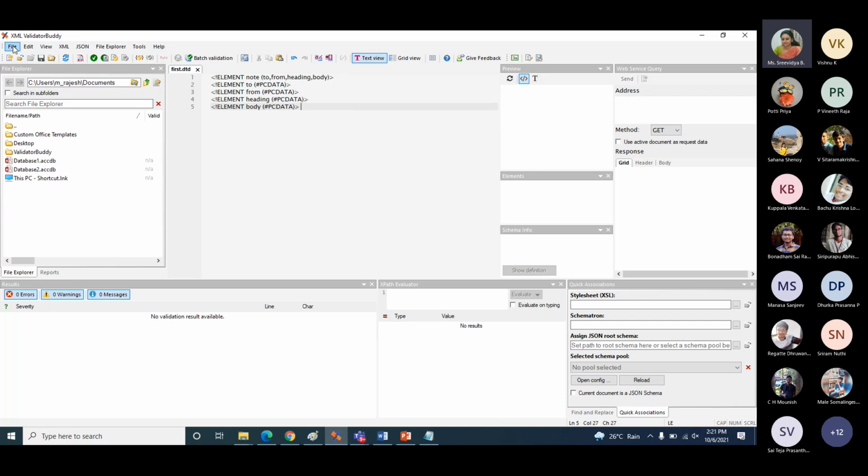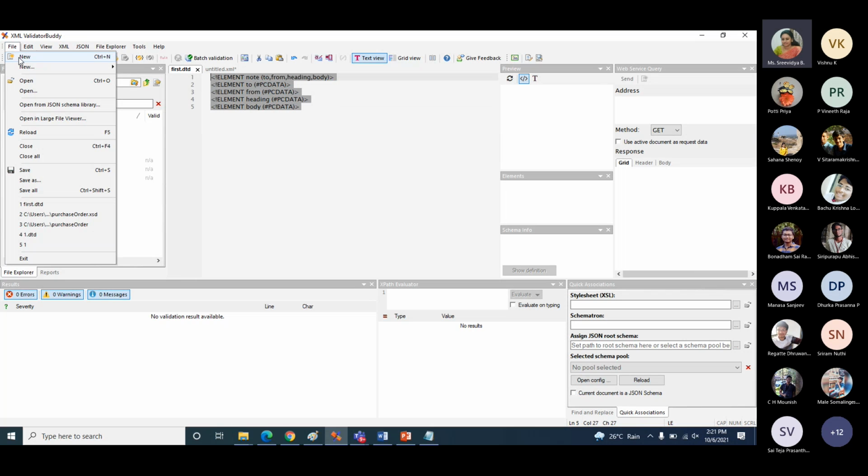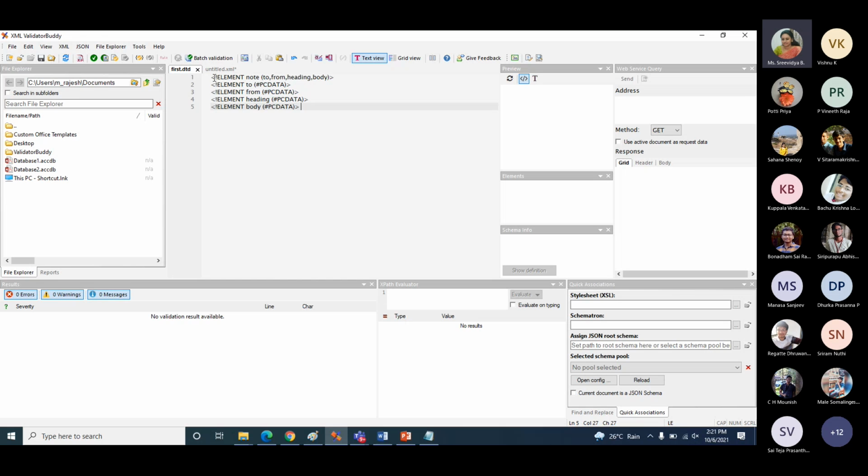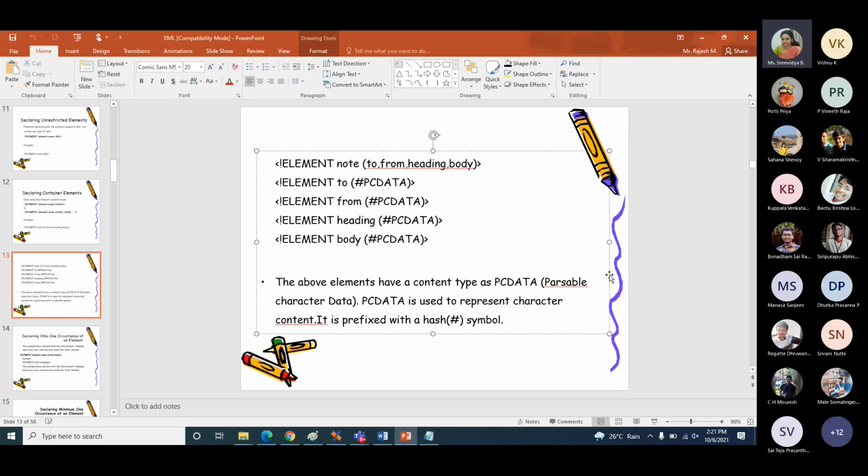Now go to File, click New XML document. You need to generate an XML document which follows this DTD. So I want you to complete this part first. Click on New, type the DTD content, which I am showing here.